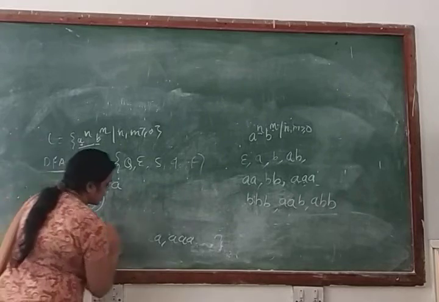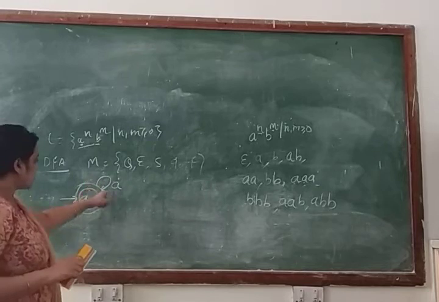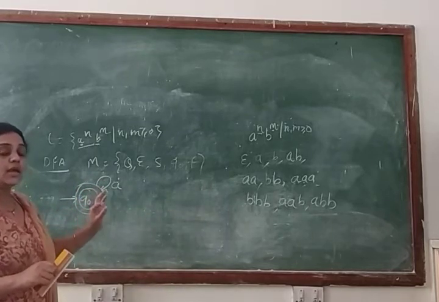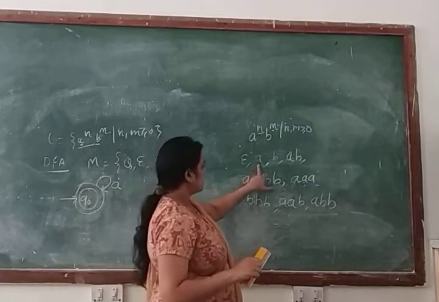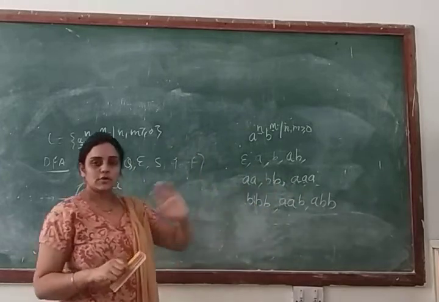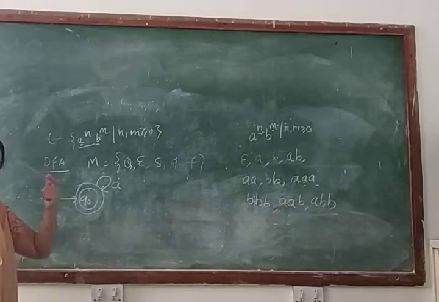Means this can be epsilon also, and this can be any number of A. So we can check whether this type of string will be accepted by your machine, and whether this type of string is part of your language or not. So yes, you can see this type: A, double A, triple A. Clear? And any number of A. So basically this type of string is a part of your language. So we can make this type of transition for the input symbol A.